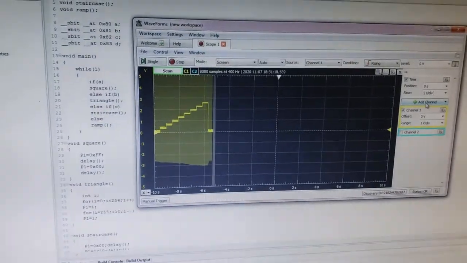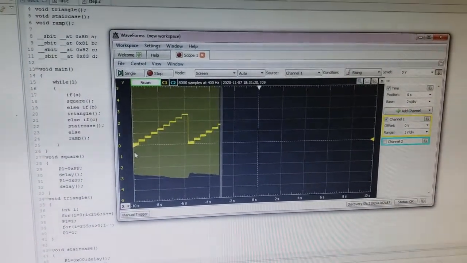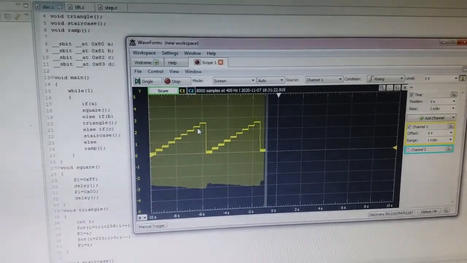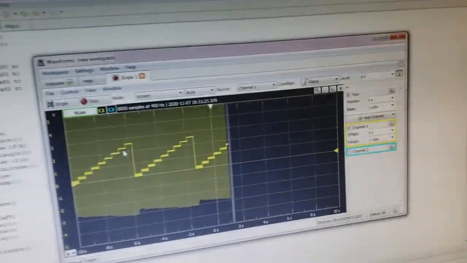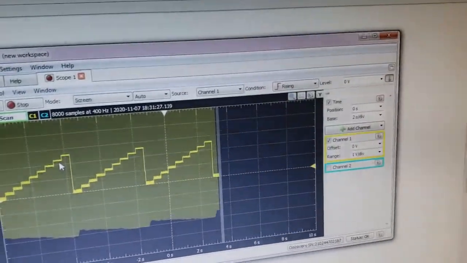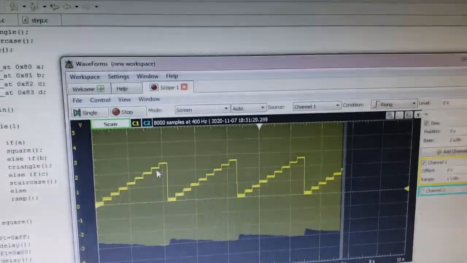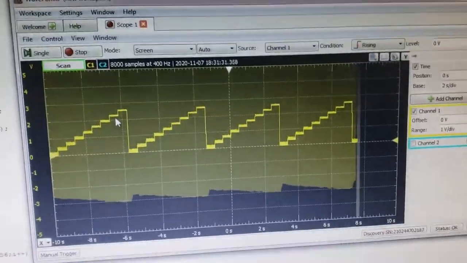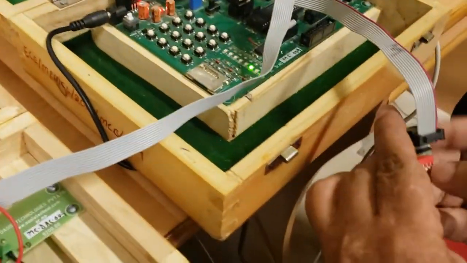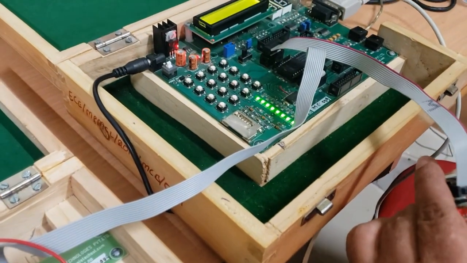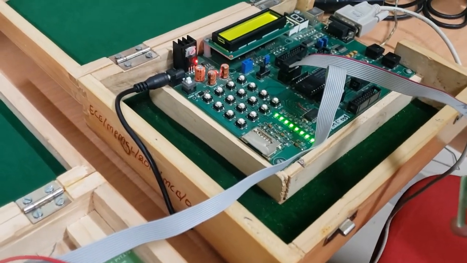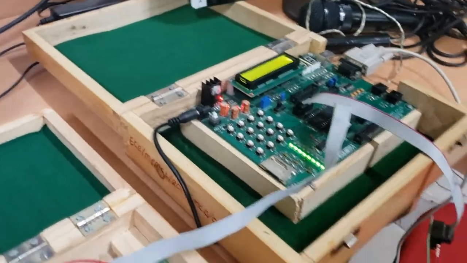It can give the response of a staircase, which has 8 steps from bottom to top. And we are turning on the fourth switch. Okay, it can give the response of a ramp function.